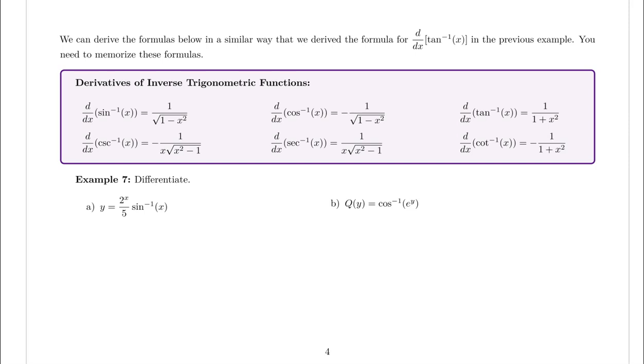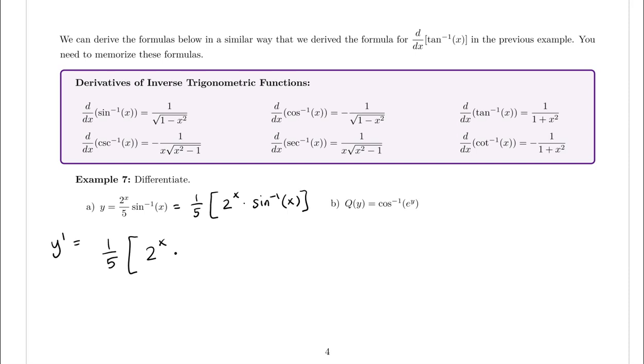So example 7 says differentiate the following functions. In part A, I'm trying to find y prime, and before I find y prime, why don't I factor out the constant of 1/5? So that leaves me with 2 to the power of x times sine inverse of x. And so I'm going to use the product rule. I have my first function times